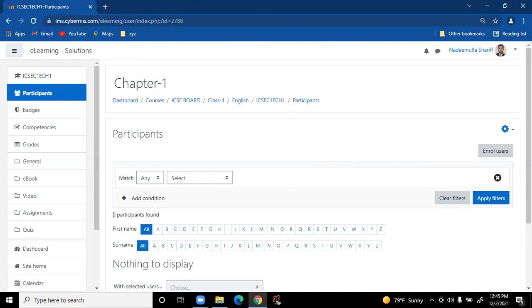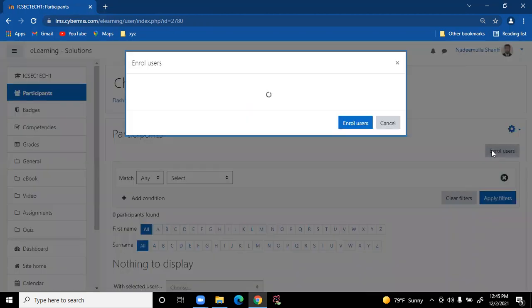Now you can see here 0 participants. You have created the course, but you have not given the access to anyone else. It is access only to me now because I have created it. Whoever has the admin access can access it. So our motive is to invite the students here. How can we do that? Just click on participants, click on enrollment, click on enroll.